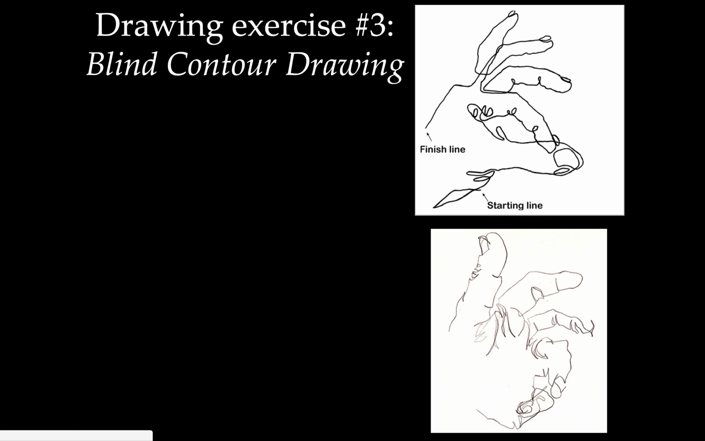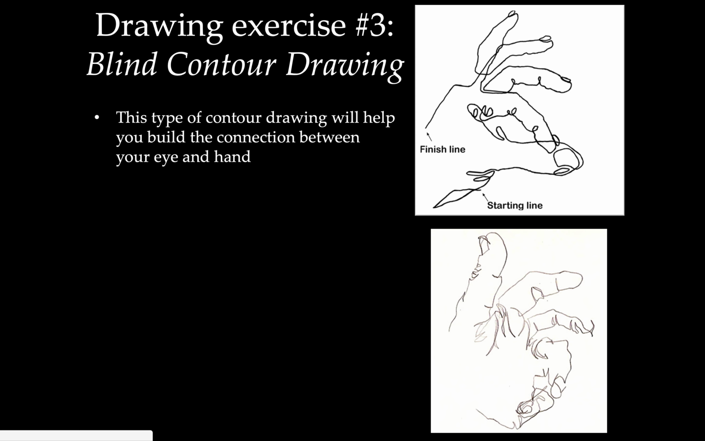So on Tuesday in class, we will be doing drawing exercise number 3, which is a blind contour drawing. And I'm going to give you a little bit of information now so you kind of know what to expect. This type of contour drawing helps build that connection between your eye and your hand. When you are learning how to draw, what you're trying to do is be able to look at the world,